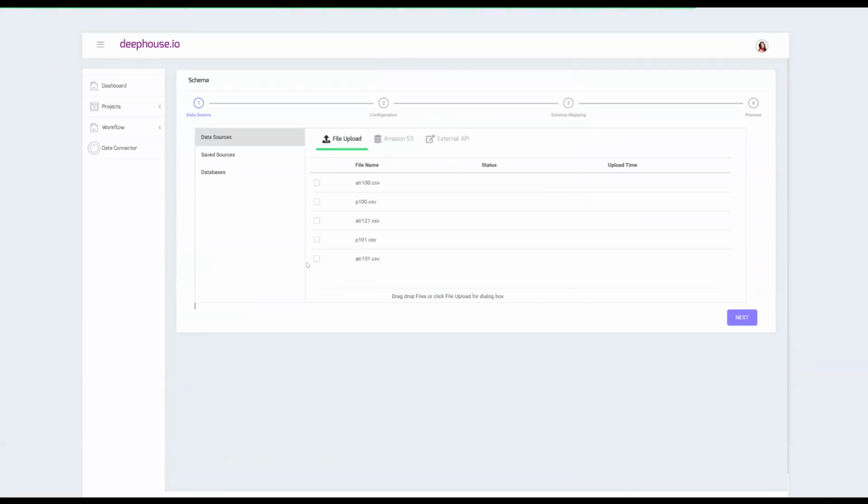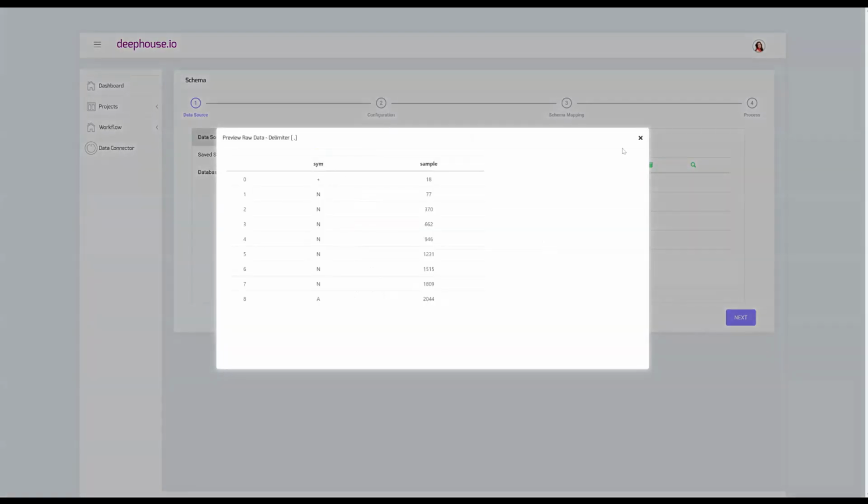And as you can see, this is a particular case where you have a couple of CSV files, mostly ATR and P signal files from different patients, and that is denoted by the number. This is from the PhysioNet dataset. It's converted from a binary to a CSV using Python code, which will be used in our automation phase as well. So once in a CSV file format, we will be able to upload and get a preview at this stage,